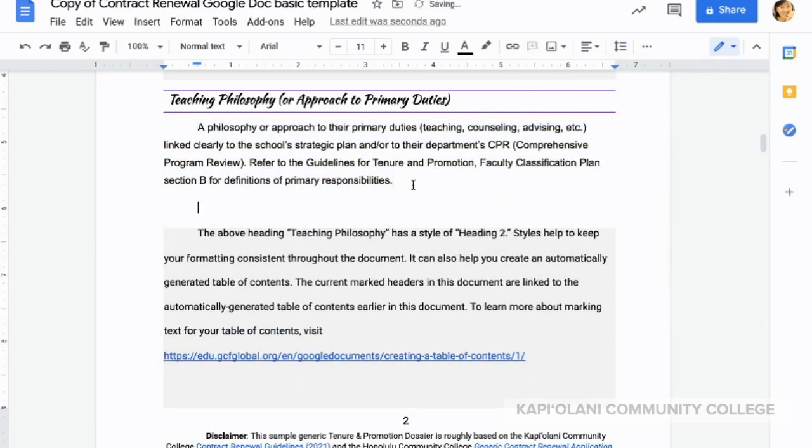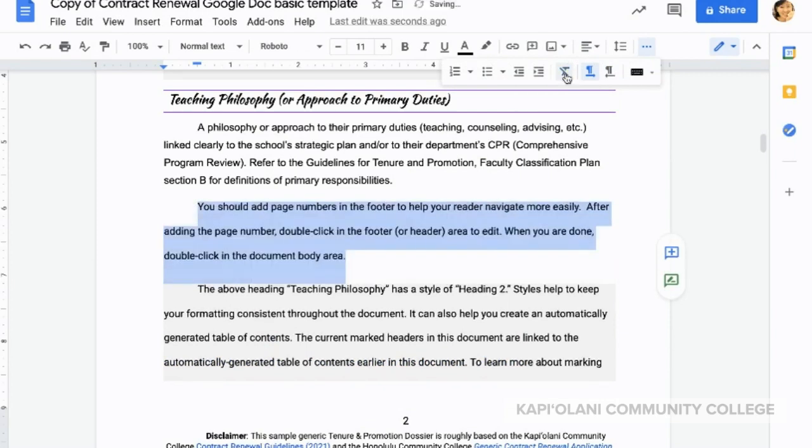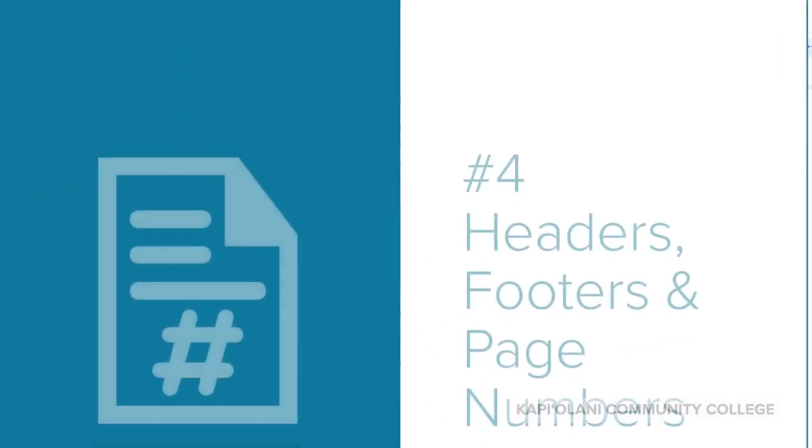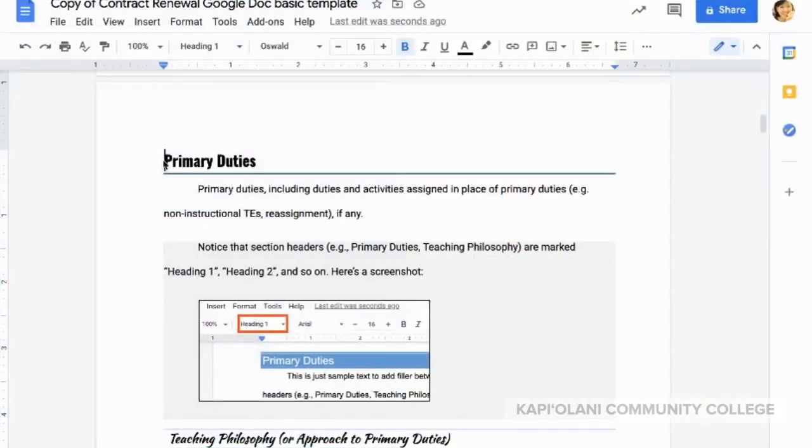If you copy and paste text from elsewhere, the simplest way to clean up inconsistent formatting is to select it, then click this Clear Formatting button. It is a good idea to use the header and footer area of your document to add meta information that will show up on every page.